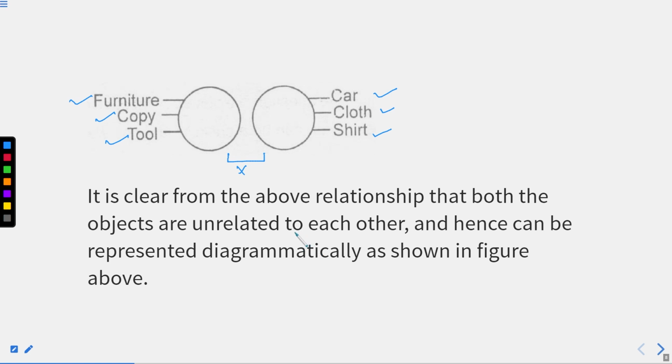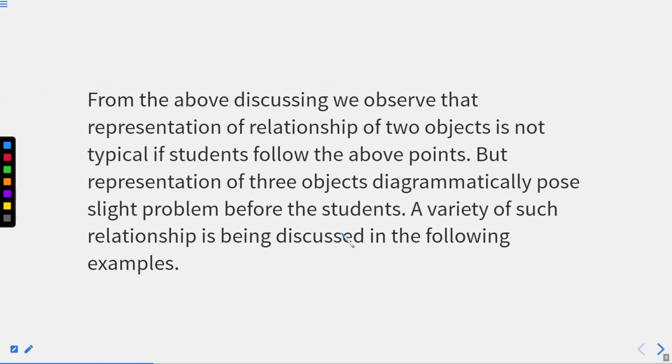I hope till here you have understood all the possible cases that I have explained. You know what exactly a Venn diagram is. You know the exact application of Venn diagram, how it can be used to represent different things, different groups of things as well, right? Now we are starting with the questions where you are supposed to read the questions properly, follow the instructions, and make the Venn diagram of the same, right? Now here we are starting, right?